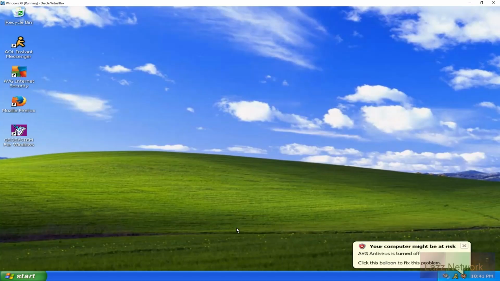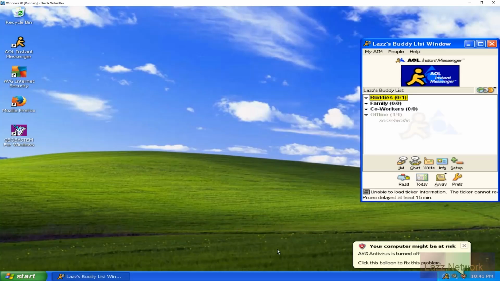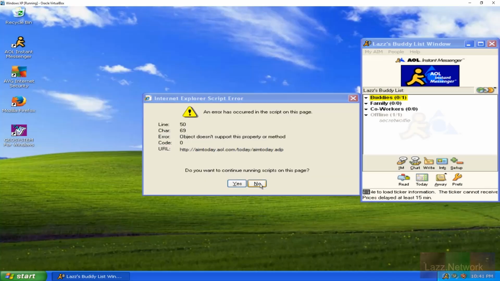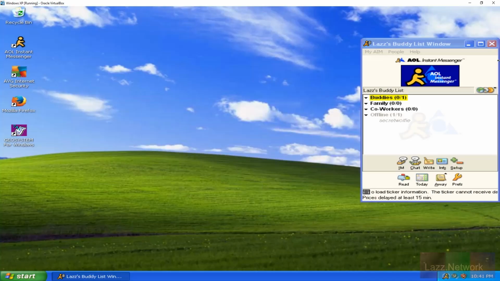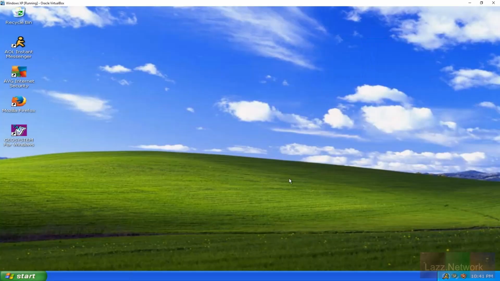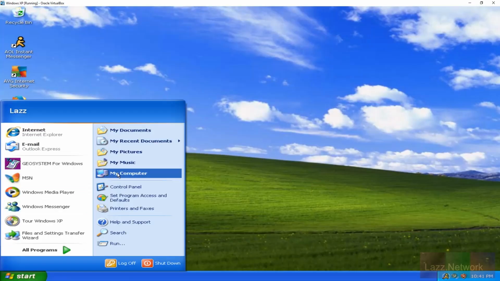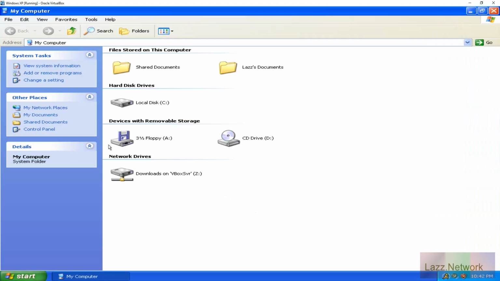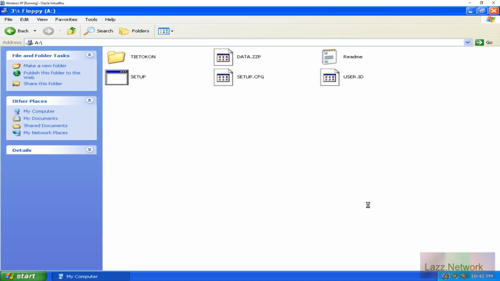And let's wait for everything to load. Let's see, no, I always forget that. Okay, so I should already have the virtual floppy disk in. Perfect. Okay, so before we really go through the setup process,